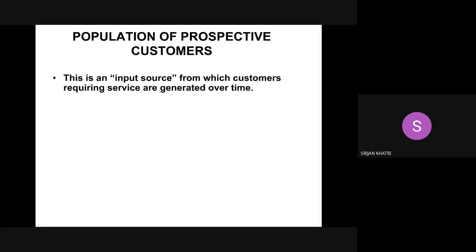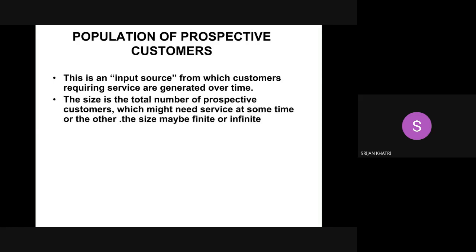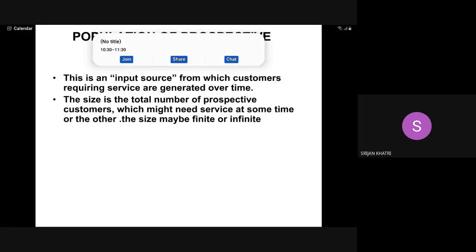Now this population can be infinite and population can be finite. For example, anyone can take money from the ATM. So here you can say that population is infinite, or population is not infinite, but you can say that